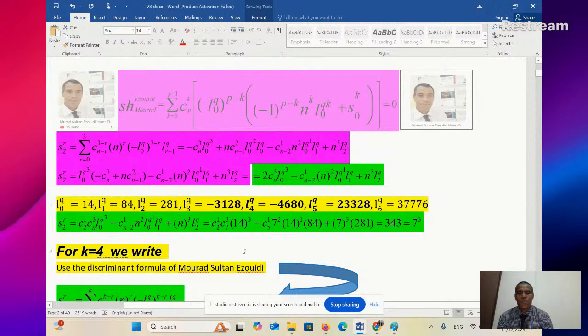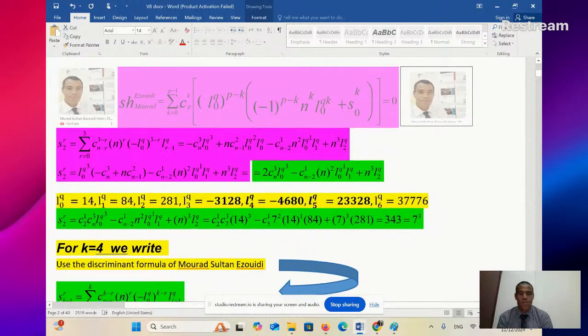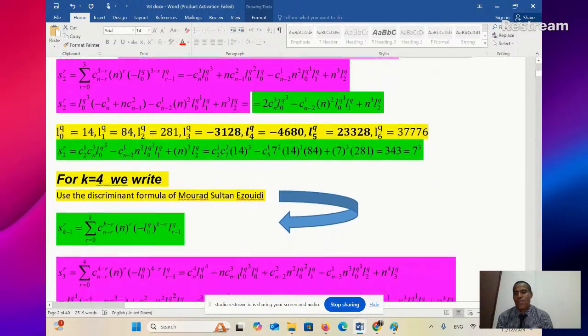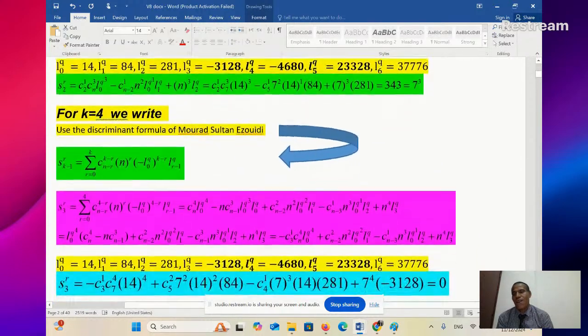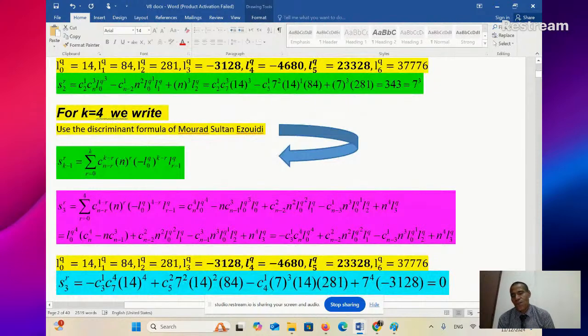So the value of S2 here, learners, is going to be equal to 7 raised to the power 3. You can use the calculator. We proceed. Now let's find the value of S3. Find S3, learners, we should put k equal 4 in the discriminant formula. So after expanding this and collecting like terms, or the terms that have something in common, I will obtain